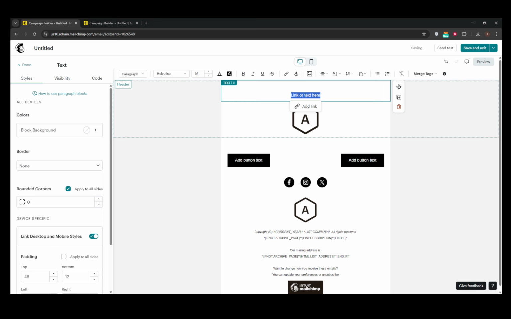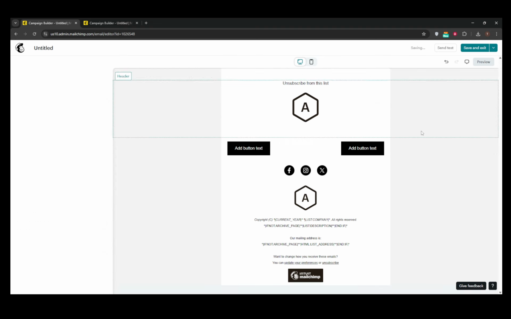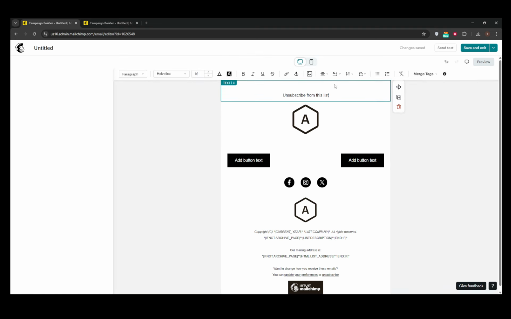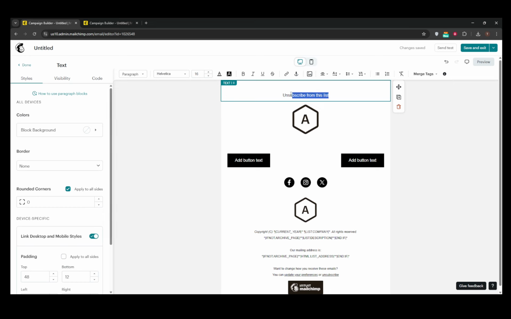Now, let's move on to editing a text block within your email campaign. Simply click to edit it. Next, you'll want to decide on some text that will become your unsubscribe link, something clearly indicating its purpose, such as unsubscribe from this list. Go ahead and highlight that text with your cursor. This is the portion of your message that will be linked, making it functional for your subscribers to opt out